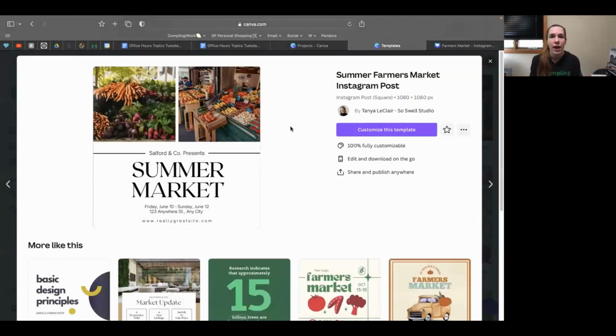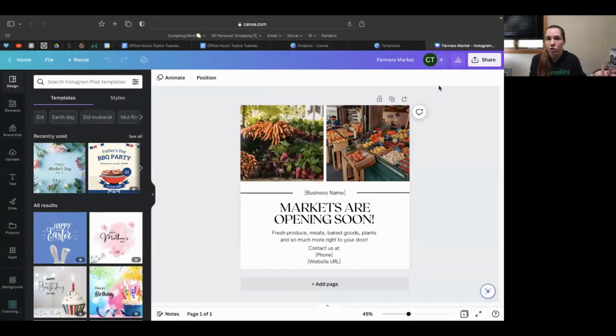So this is the one that I used, and then I just went from there. So this is how it looked beforehand, and then I changed it just a little bit. So I didn't really have to do a whole lot of work. It was just kind of rearranging things, adding in my information and things like that. So it gives people a good idea of what you can do outside of your business. And obviously, if you're doing dog walking, you'll want it to be more,